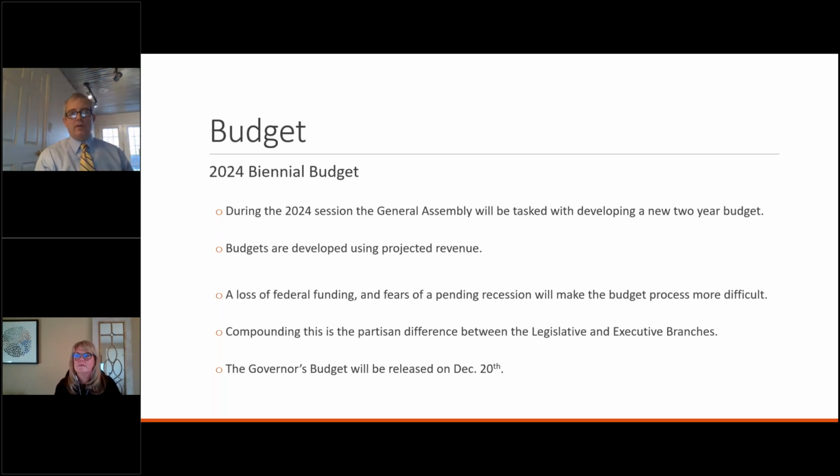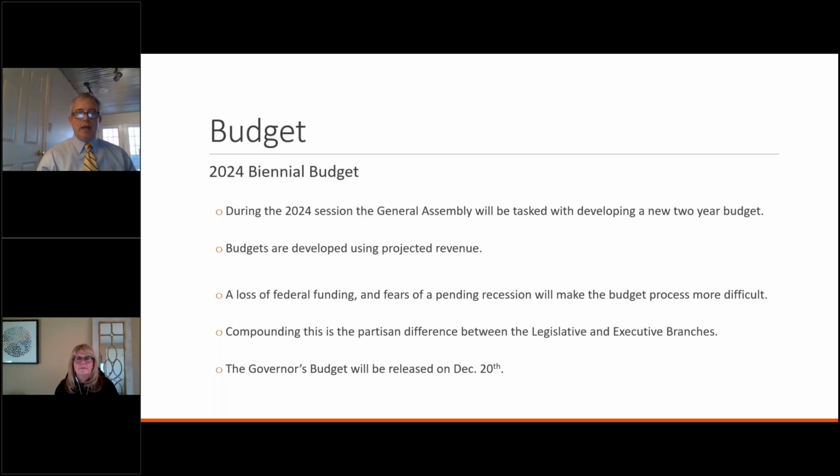This is going to be a really difficult year for the Commonwealth, fiscally speaking, because even though we have really robust revenues, we are losing a lot of money in federal funding. So a lot of money that stemmed from the pandemic for healthcare, for education, a lot of things that we have used what we call the TANF surplus to fund, all of that's going away. And to top it off, there is a fear of a pending recession out there. And so what that means is we have hundreds and hundreds of millions of dollars in revenue to replace for existing programs. And the General Assembly is scared that we're going to hit a recession, which means they are very, very hesitant to spend new money.